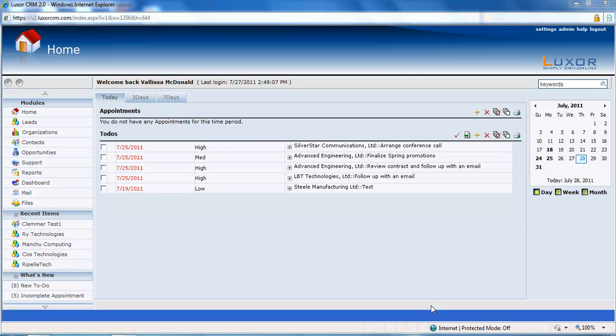One of the most time-saving and convenient features of Luxor CRM is customizable views. Customizable views can be created within minutes and allow users to slice and dice their database to show specific contact, lead, organization, or opportunity records based on their specific requirements. For example, let's create a customizable view in the Leads module that shows me all of my leads who are